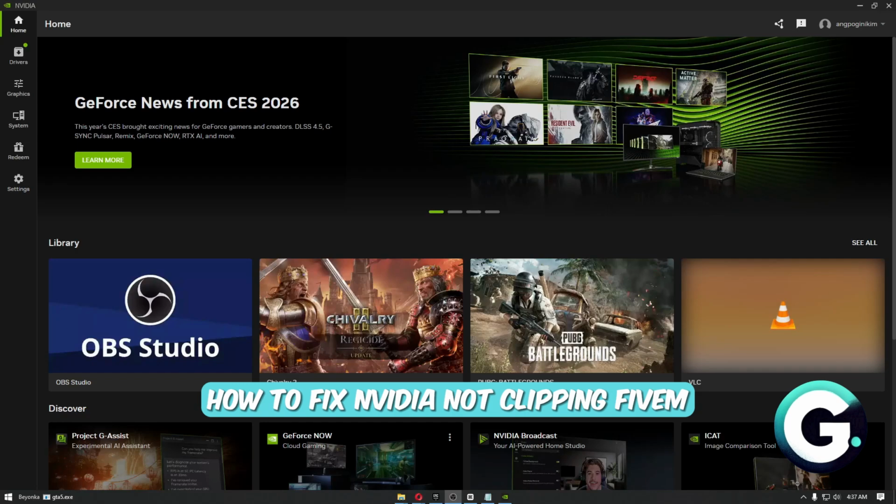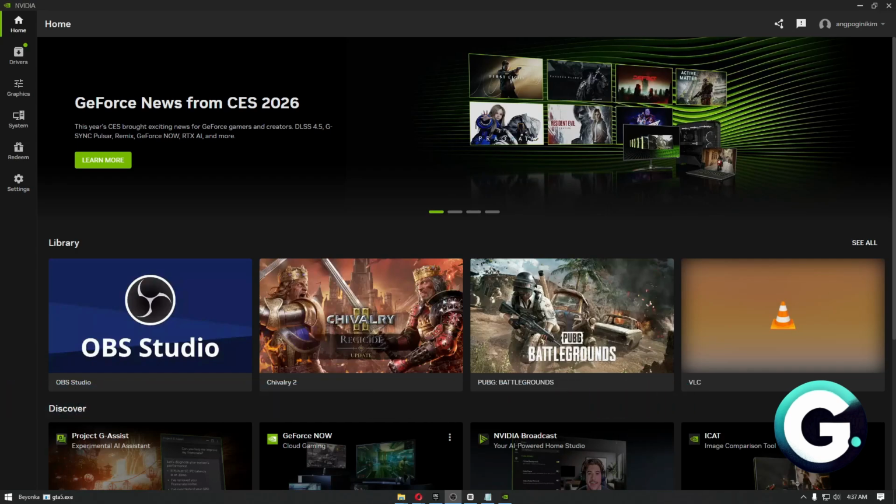In today's video, I'll show you how you can simply fix NVIDIA not clipping on FiveM. So this basically means that NVIDIA is unable to detect your game, and in order to fix this problem, it's